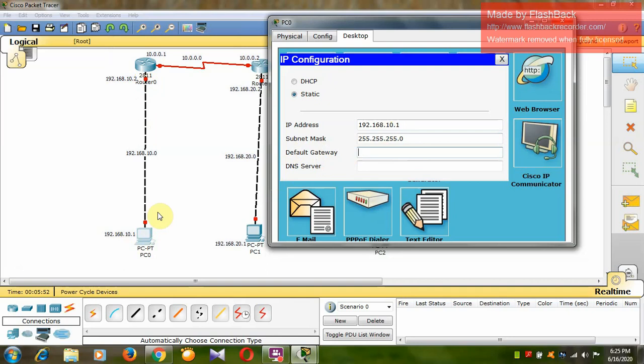Since I am presently in this PC and I need to forward my packets from this network to all the other networks, for that purpose my gate will be this one. That means this interface F0/0 will act as a gate for my network. So therefore it is acting as a default gateway. So we have to write the IP address of this default gateway as 192.168.10.2. Okay.